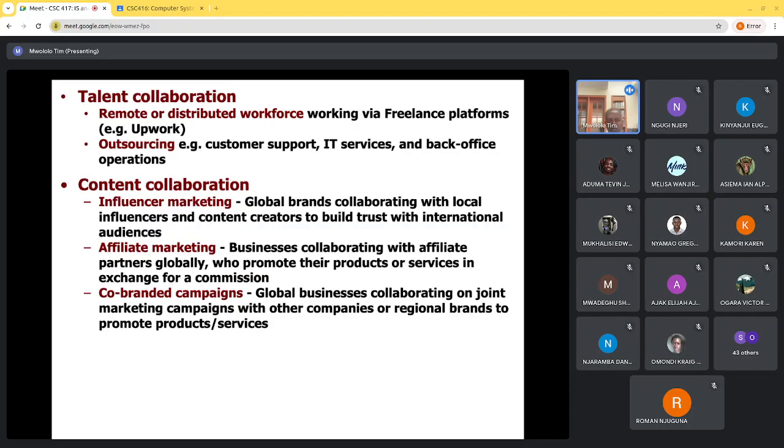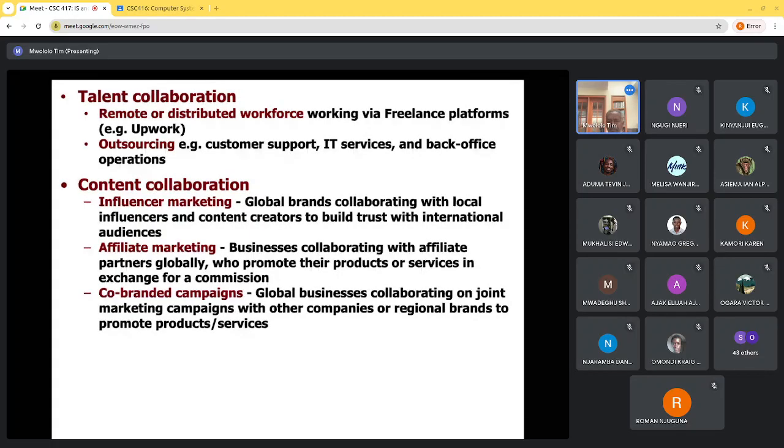I'm sure you guys know about influencers. And global brands or companies can really market their products through influencers, affiliate marketing, businesses collaborating with affiliate partners globally to promote their products or services in exchange for a commission. Obviously, an influencer or an affiliate marketer, this is all about content around marketing,